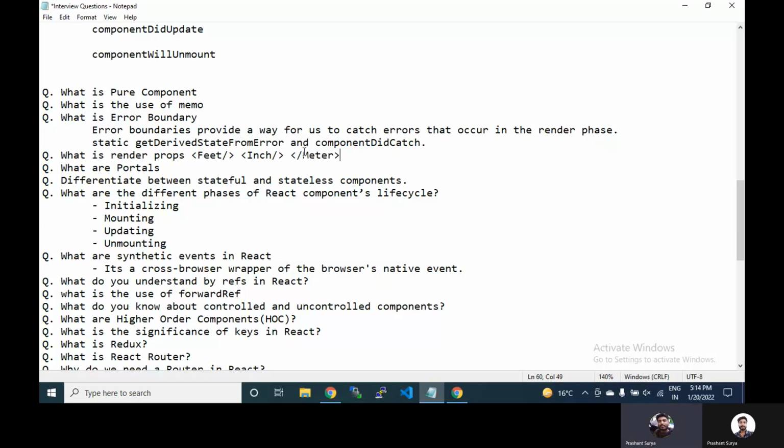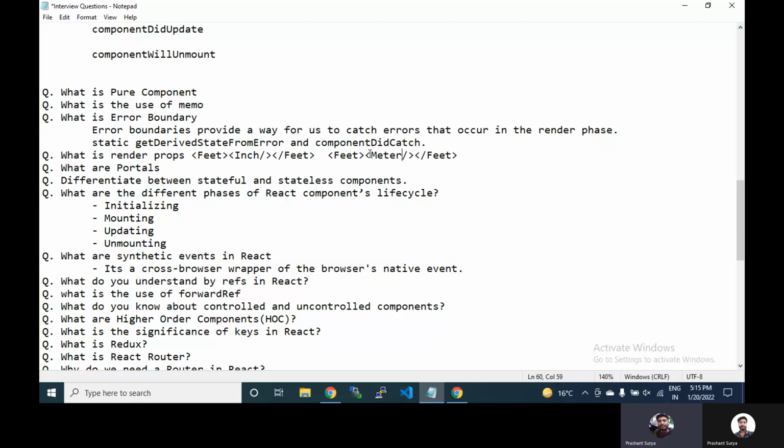In this scenario, these two will use the feet data entered by the user. So for that scenario, we will create the render props for this feet, and we will wrap this one like this inside that feet. Similarly, we can also call the meter here.